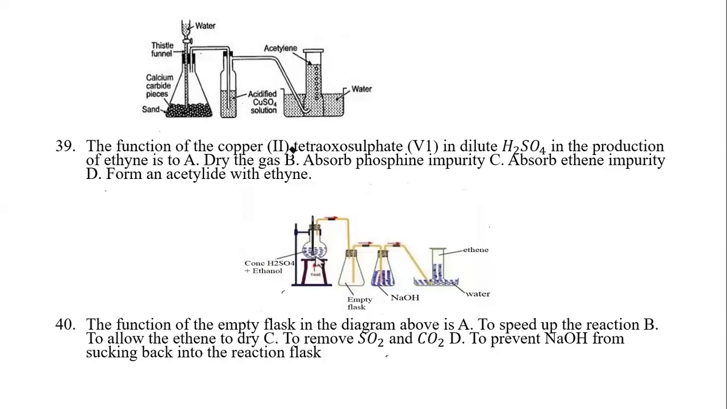Now, look at this diagram. We're using this first diagram to solve question number 39, which says the function of copper 2. This is the setup for producing acetylene. Acetylene is what you call ethyne. Here, ethyne is produced by the action of water on calcium carbide. When calcium carbide reacts with water, that's going to produce calcium hydroxide and